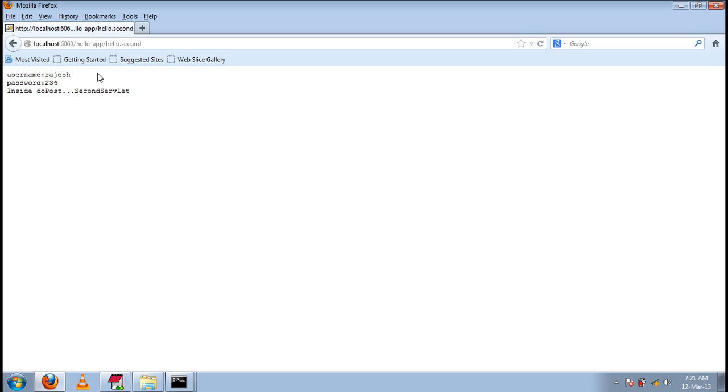It's not correct. Once we add cookie information to the response object, the cookies will be available for all the subsequent requests for any servlet. Okay? That's how it will work. And it's the responsibility of the browser to send the cookie information, and the web server will attach the cookie information in the request header.